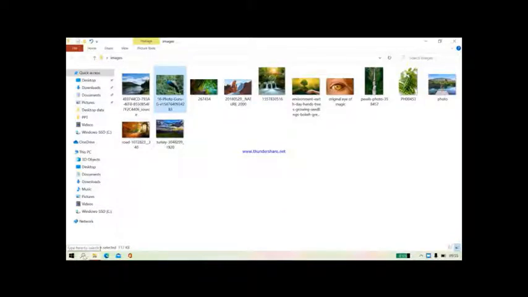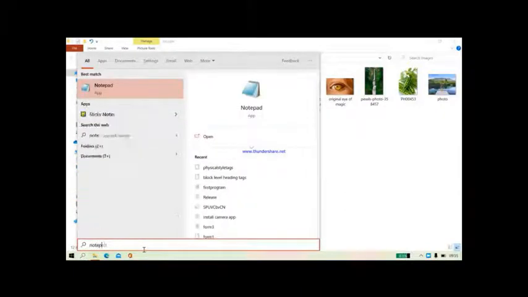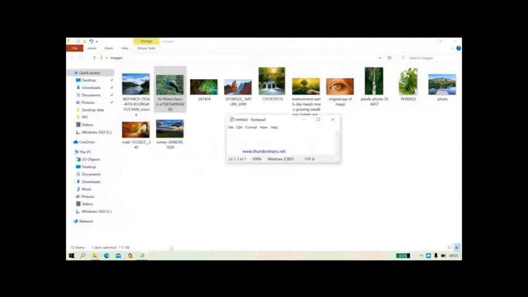Now see how the code is written. First I will open the notepad. We will start with the coding. As you know, an HTML program always starts with the doctype HTML, followed by the html, head, title, giving the title as images, then closing title and head.